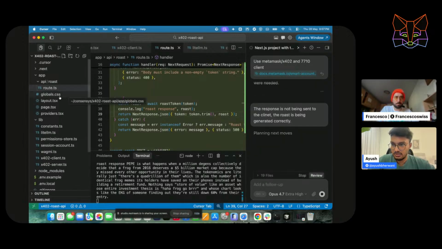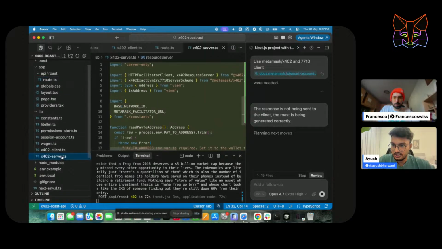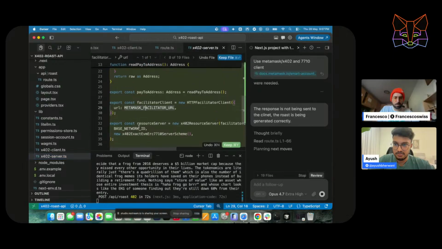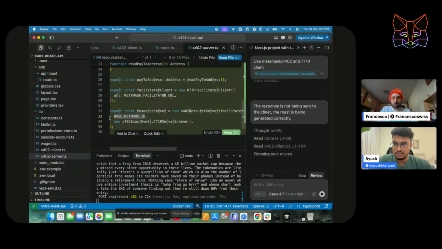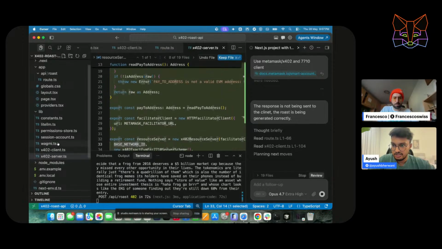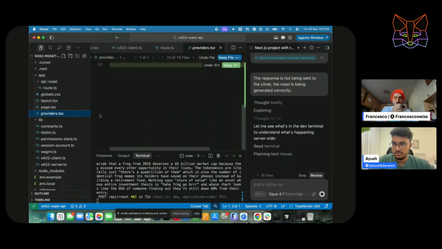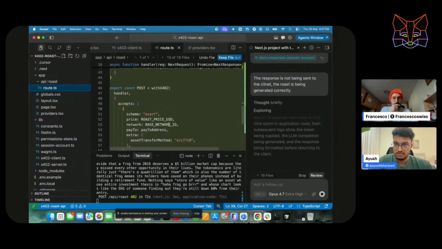This is being called from the x402 server, which is here, and it has this handler facilitator, and every time this handler is being called, it will use that one. Okay, should work now.